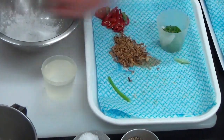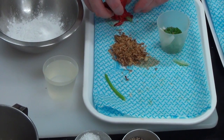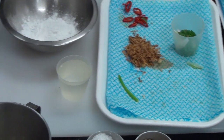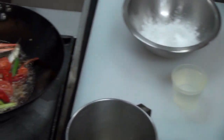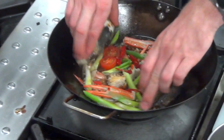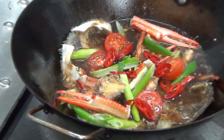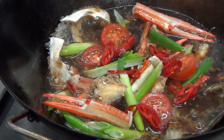There's some cherry tomatoes, they can go in. There's some red chilli, usually with a little bit of some garnish. I've got that there ready for my garnish. At this point, you can also go in with our crab shells, with the juices. I'm going to bring this to the boil. Now, as that comes to the boil,